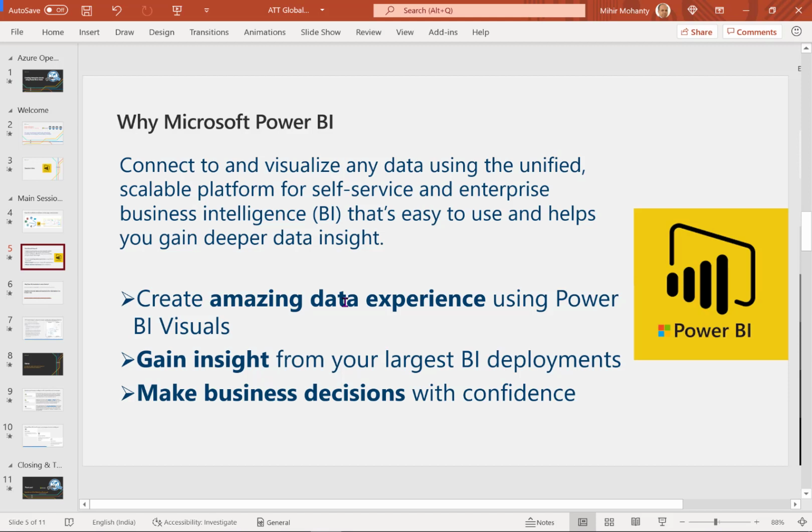Before that, let's understand why Power BI, because definitely this helps us create amazing data experiences by easily connecting all the data types you may have. This also helps you perform data modeling.